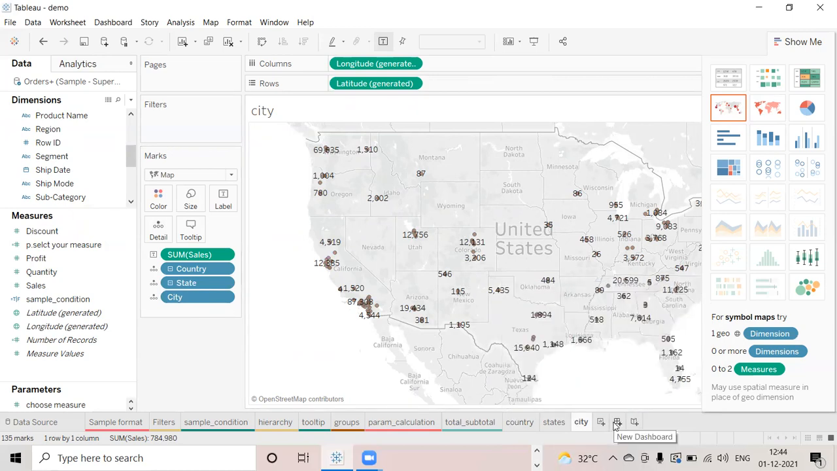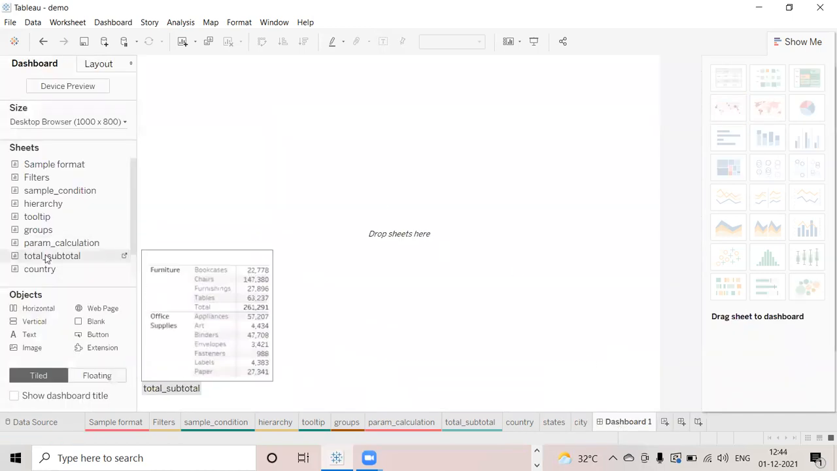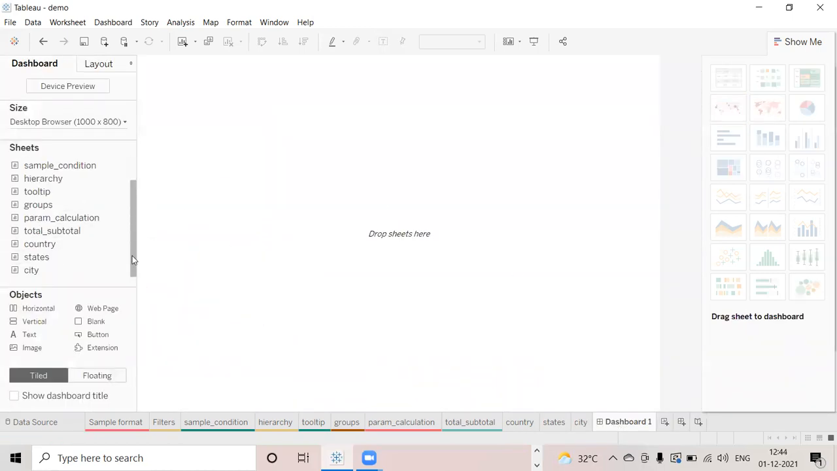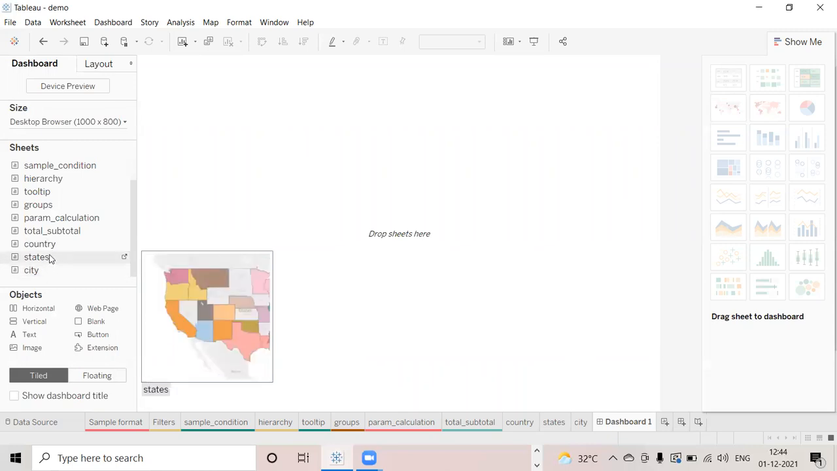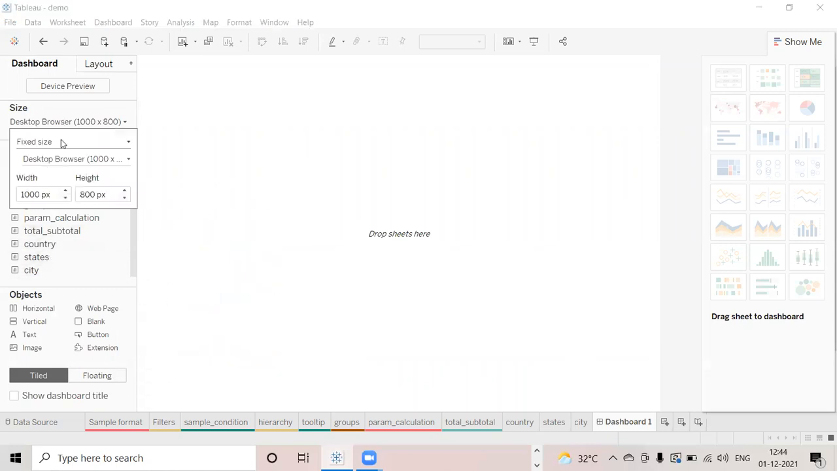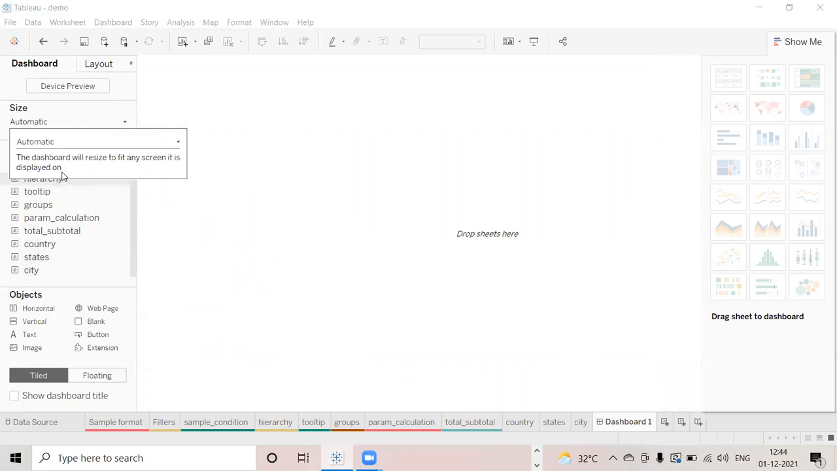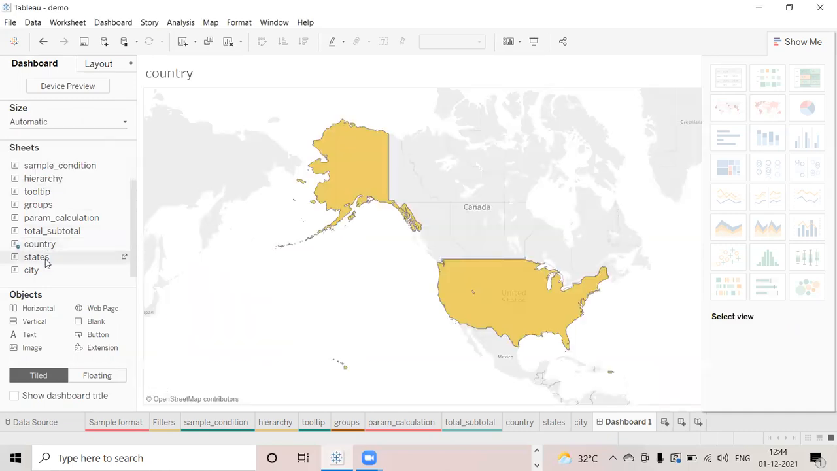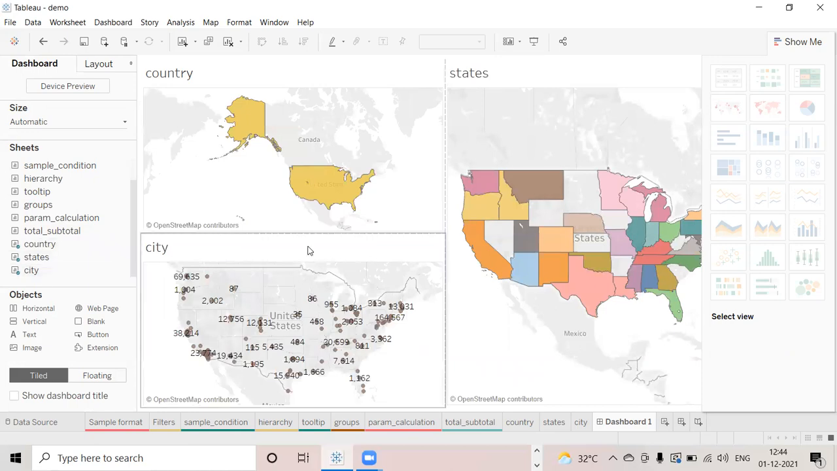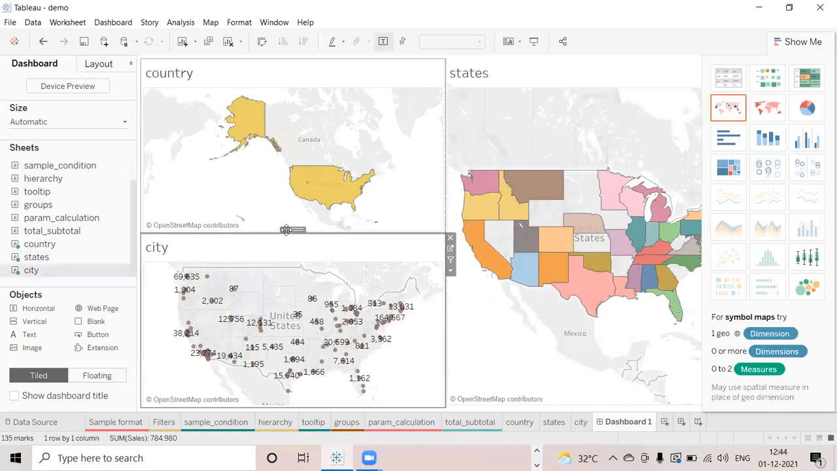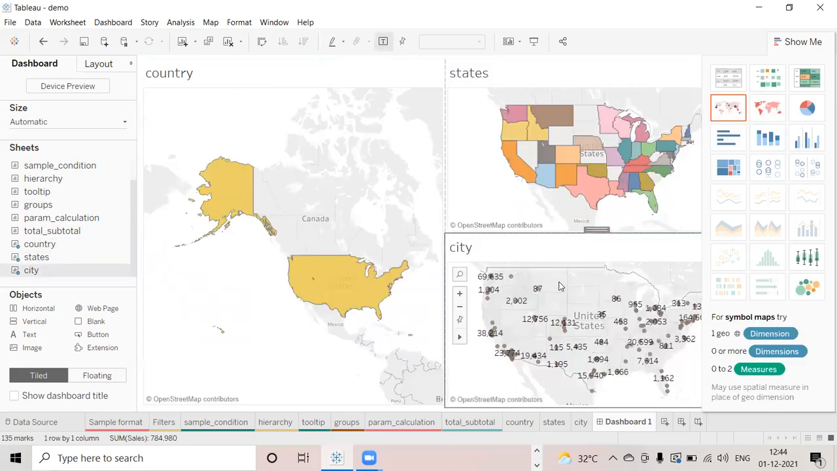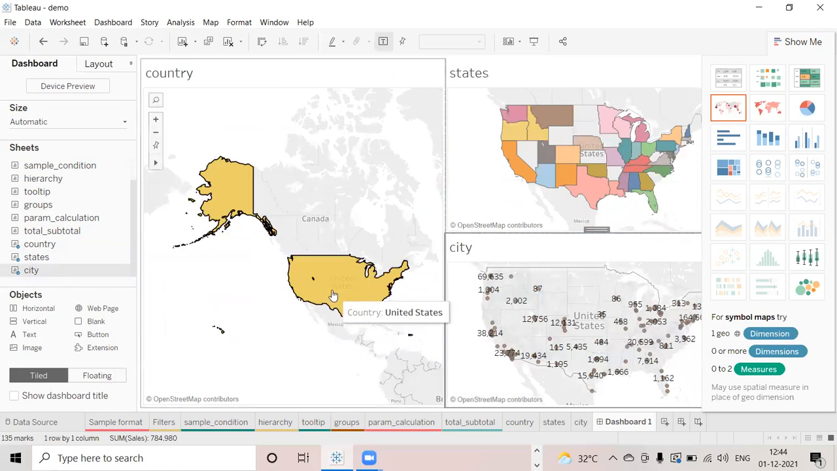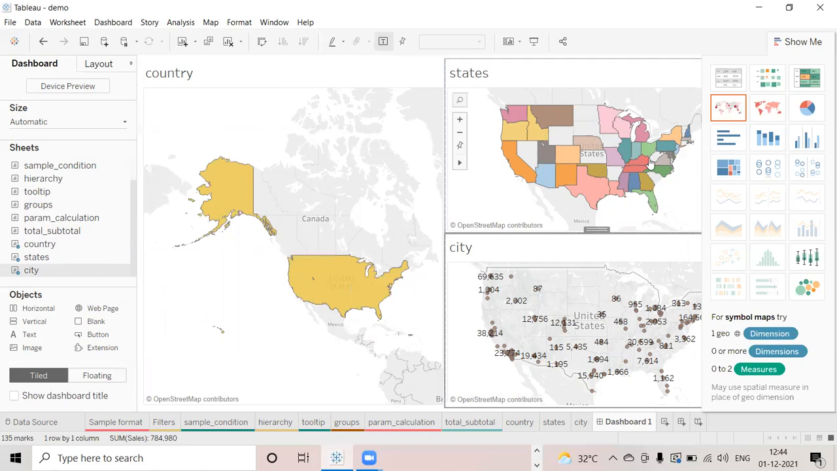I'm clicking new dashboard here, and here we can see the three sheets which I have created. I will first set the size to automatic, and I will bring this country, state and city here. Move it here. When I click this country, I want the corresponding states,